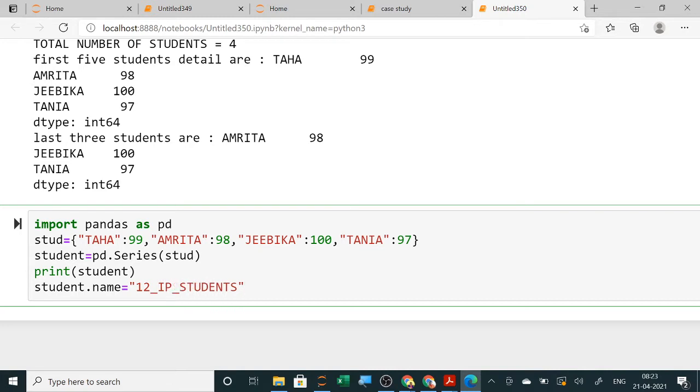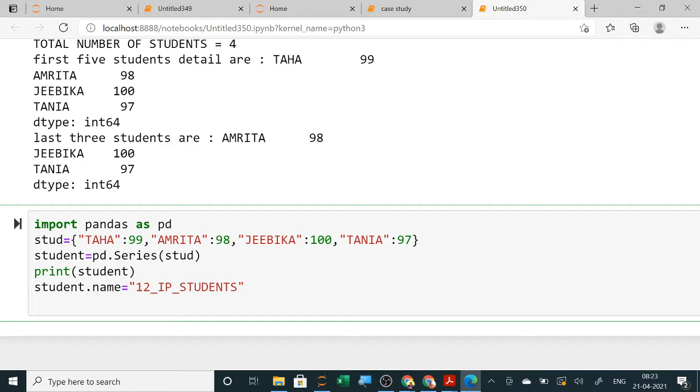Next, here let us give an underscore. Yes, so you will give the name. Now the next one was index name, so I am giving here an index dot name. The index name was the names of students, so I want to give student's name, and the data was your marks.